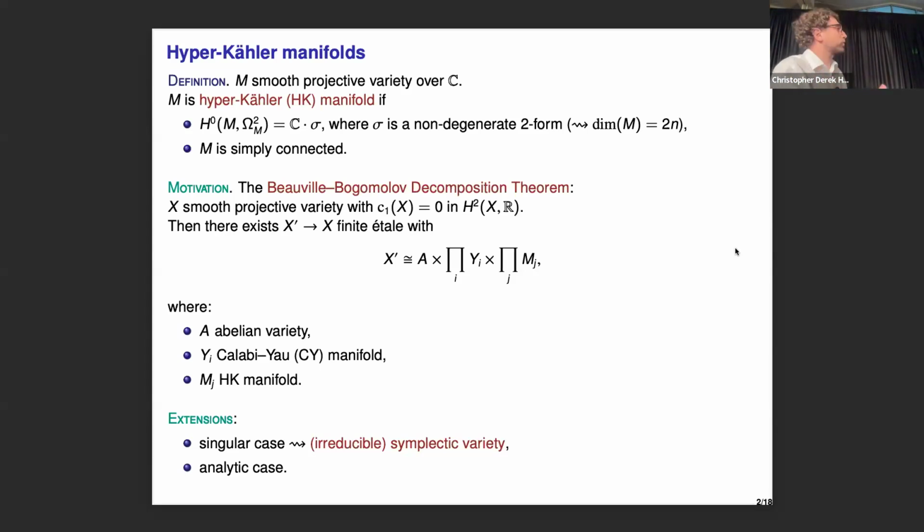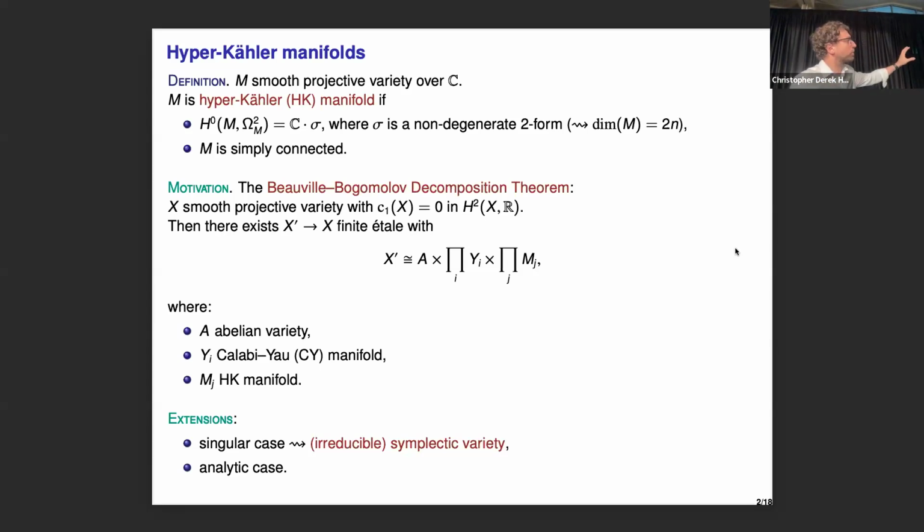The only difference is that I'm asking for some nice singularities, let's say terminal and Q-factorial, and I'm asking the symplectic form to be defined on the regular locus. And that's essentially the definition. And similar for the second condition, I would like the varieties to be simply connected when I look at the regular points. And the interesting thing is that there is a theorem which is exactly the same as the theorem over here. So the theorem says that if I have a variety with nice singularities, such that the canonical bundle is numerically trivial, then the same decomposition holds up to a cover finite and étale in codimension 1, let's say. So this is called a quasi-étale morphism.